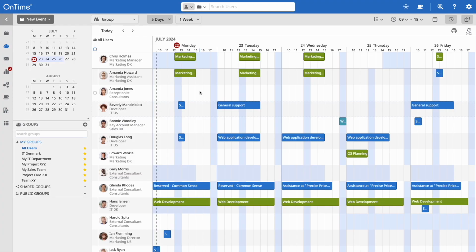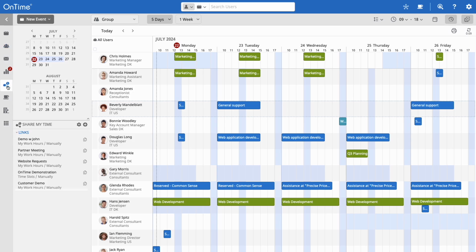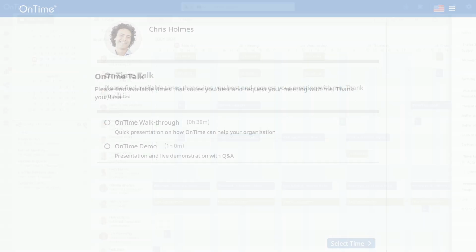Now let me demonstrate how it works. Firstly, we're going to find Share My Time in the sidebar. Here you'll be able to see all the Share My Time links you have created. To create a new link, press the plus button and fill in the subject, which will be visible when people